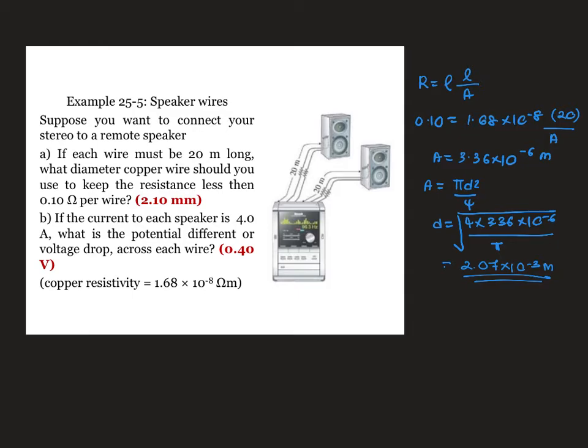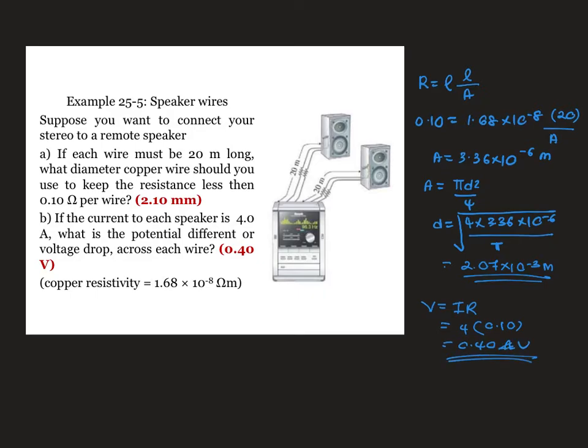Okay, question B. What is the potential difference, or the voltage drop, across each wire? Okay, so we already have the resistance, and we already have the current, therefore we can find the voltage. So voltage is going to be IR. The current is 4 times the resistance 0.10. Therefore, you are going to get your answer, 0.40